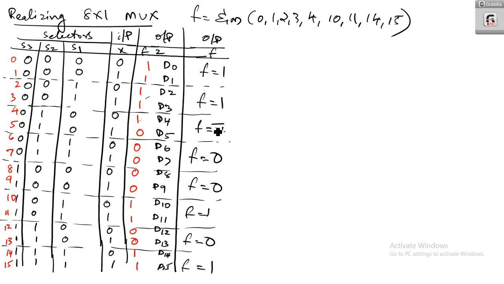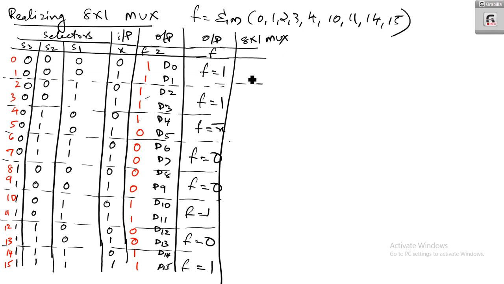That means only in this case you should give the h as input. All other cases you can take it directly, right? Okay. So here we can take for the 8x1 mux. For the 8x1 mux,